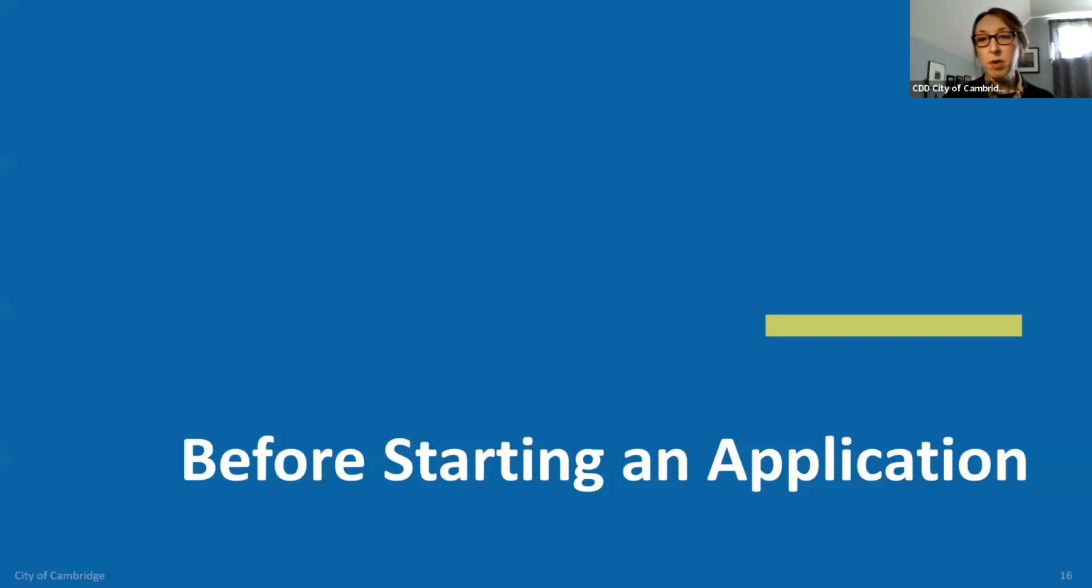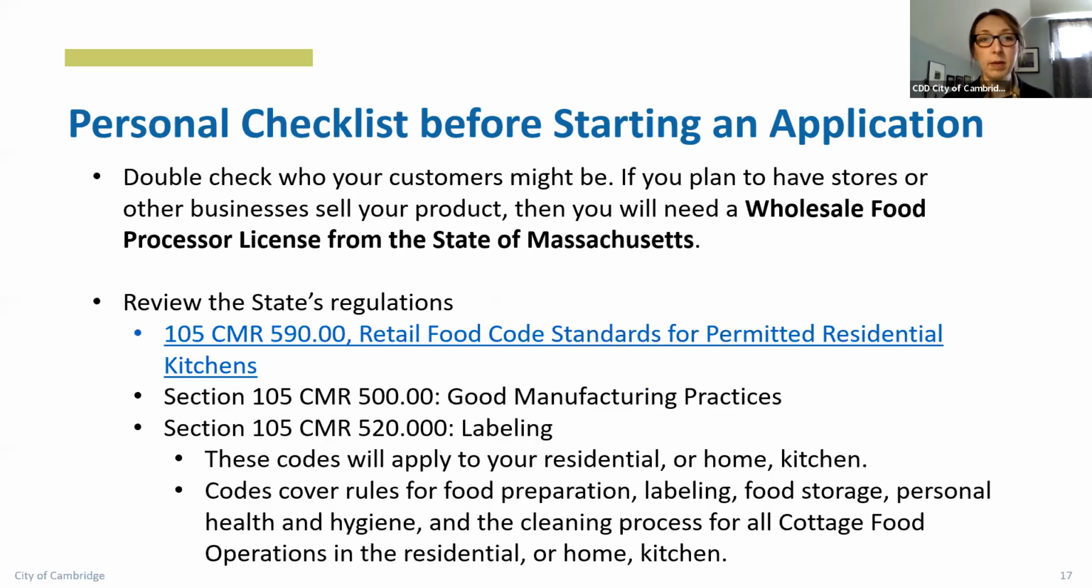Some things to think about before starting your application for the cottage food permit. We have put together a personal checklist so that you can double check what you need. First, we strongly recommend that people get familiar with the state's regulations, specifically the Retail Food Code standards for permitted residential kitchens. We also recommend taking a look at sections of 105 CMR for the good manufacturing practices, as well as